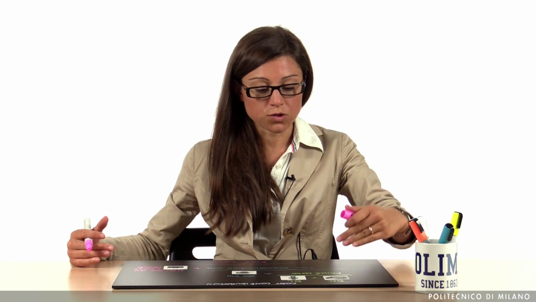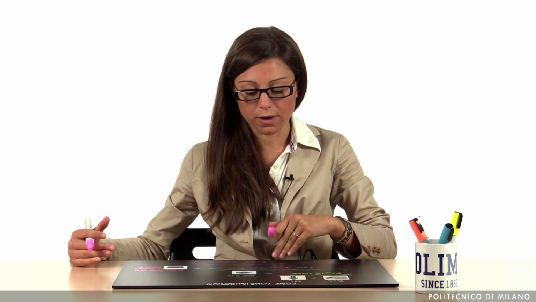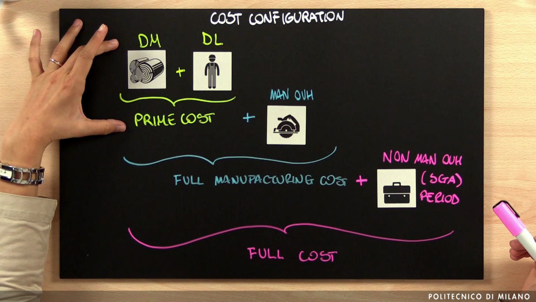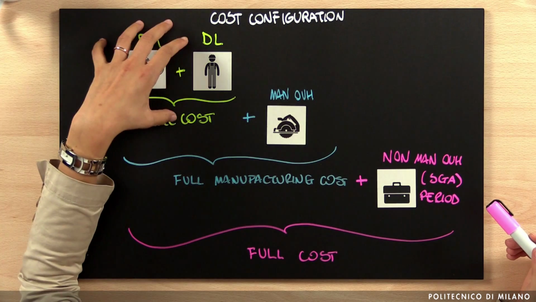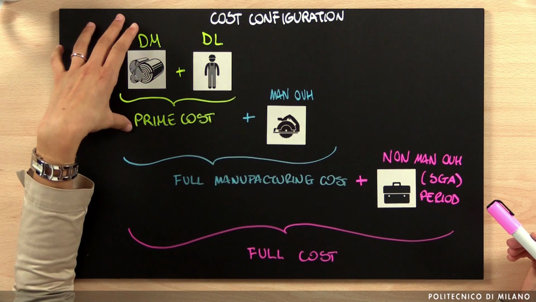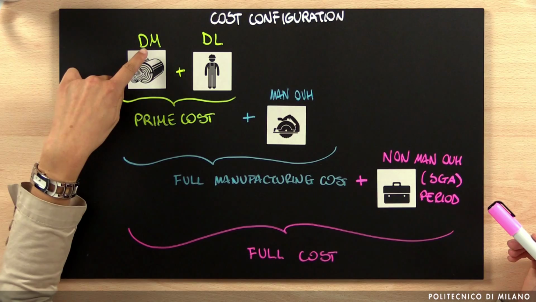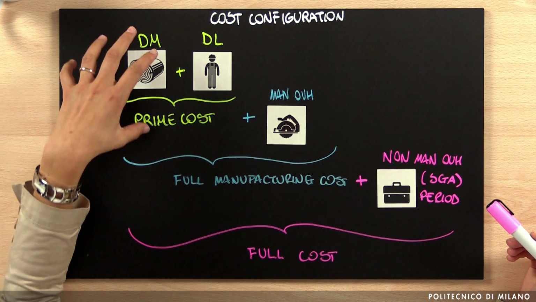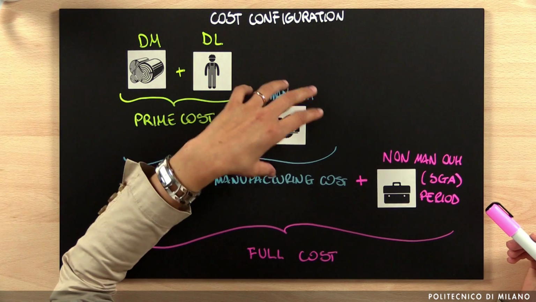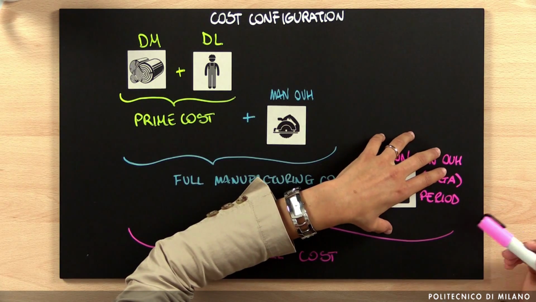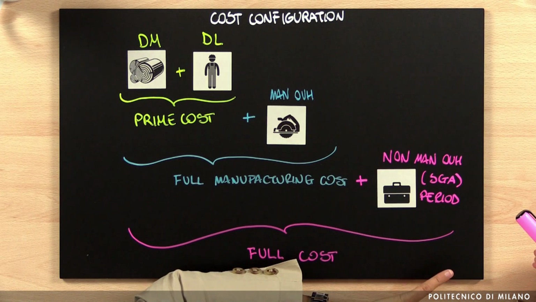We just need to take into account the trade-off in choosing either the prime cost, the full manufacturing cost, or the full cost. If we go for the prime cost configuration, we are just assigning direct costs, which means that we are adopting a configuration which is really precise, because we are assigning something which is univocally absorbed by one unit of our product. But at the same time, this configuration is not complete because we are completely avoiding manufacturing and non-manufacturing costs from our allocation to the final product.